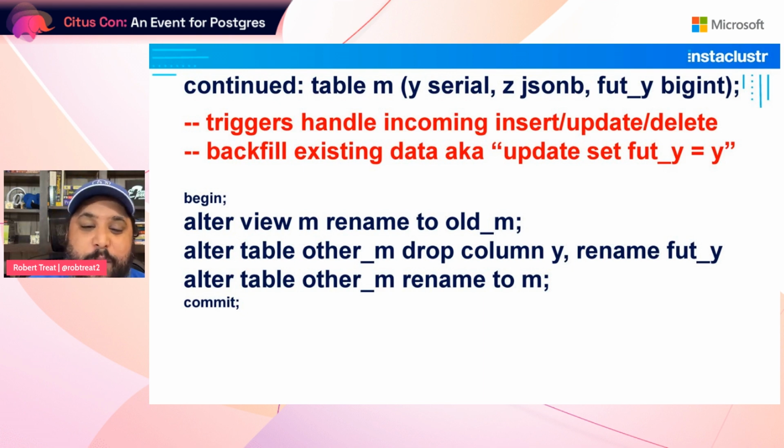And then once you get that all backfilled, you're basically going to do this transactional DDL in reverse. So you take the view, you rename that to something else like old M. Now take your table that you had renamed previously. You can drop column Y or just rename it, but get it out of the way. And then you rename future Y to Y. And then alter that table other M, rename it back to the original name M. And again, your applications won't really notice this change in the middle here. For them, there'll be a brief lock that goes on, and then M looks like M every time.